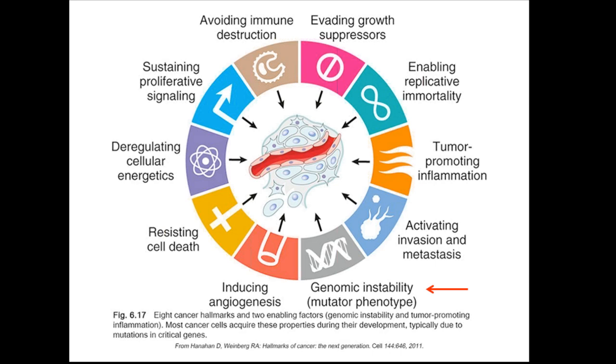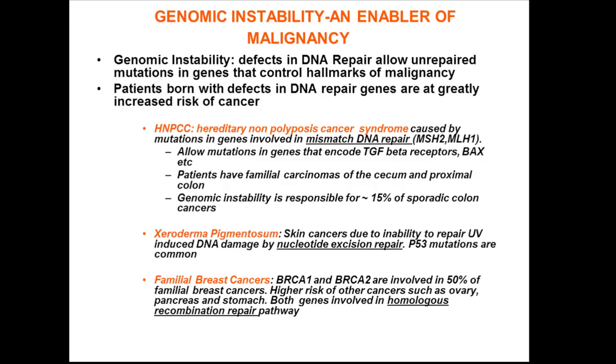Okay, we now come to the two enabling hallmarks, genomic instability and tumor-promoting inflammation. Genomic instability occurs when there are mutations that create defects in DNA repair. If mutations affect DNA repair mechanisms, what does it do? Those genes by themselves don't do anything directly. They allow unrepaired mutations in genes that control hallmarks of metastasis. All those genes we talked about. Okay, mutations can tend to dysregulate their function, but that is normally prevented by the DNA repair mechanism that we have. Absence of this,